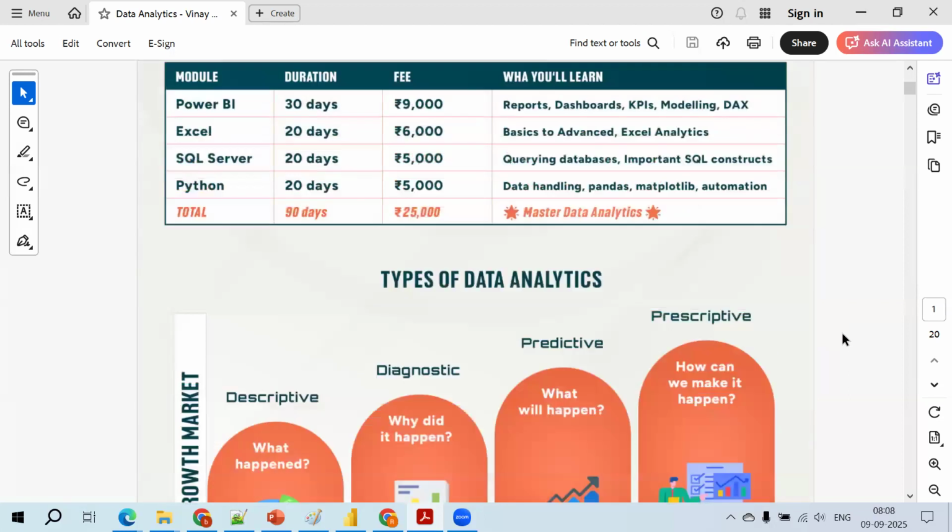Okay. So, friends, what are we going to cover? As part of this, we are going to have Power BI, Excel, SQL Server, and Python, right? Don't go with the individual things, sir, because few organizations are looking for advanced Excel for data analytics. That's not for technical guys. That is predominantly for business users, right? Power BI and SQL, Python, these two are very, very important. People go with either Python or Power BI, and for these two, SQL is the mandatory thing.